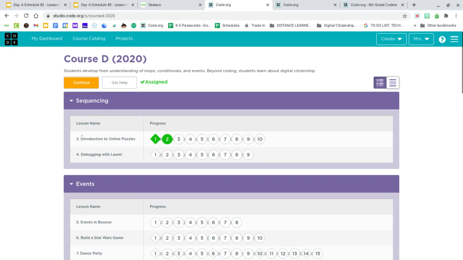Okay, so right here, this is lesson 2, and these are the puzzles in lesson 2. There are 10 puzzles in lesson 2. Once we get done with lesson 2, we're going to skip up to lesson 4, but that'll be next week's. All right, so if I start here